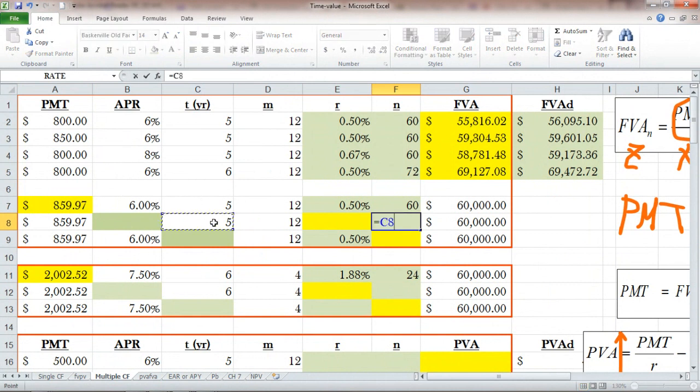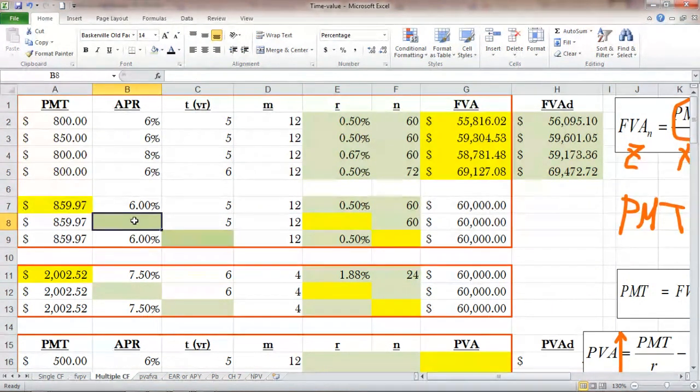Okay. We know we have 60 months, 5 times 12. And then finally, we will have to give the answer in annual rate because I've been telling you, all rates must be in annual form. All rates must be annualized. All interest rates are basically annual. So here, we'll find, we're going to use